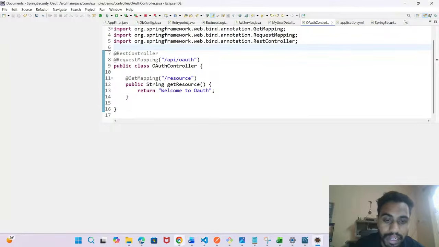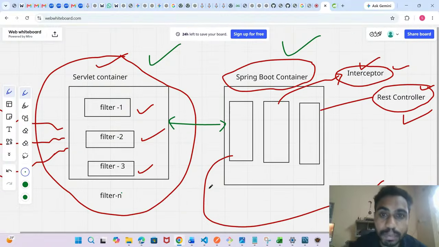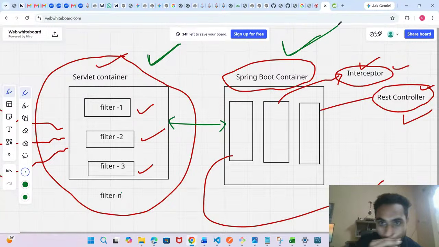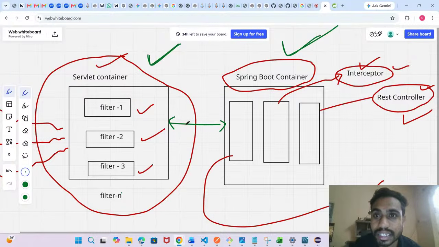See, guys, in the meanwhile, let me give you a quick recap. From the beginning I have explained there are two big boxes. One is the servlet container and one is the Spring Boot container. Can you tell me the different layers of the Spring Boot container and the servlet container, and who carries the control between them? Anyone in the chat box, in a few lines, can you please summarize so that I can see how much you understood?